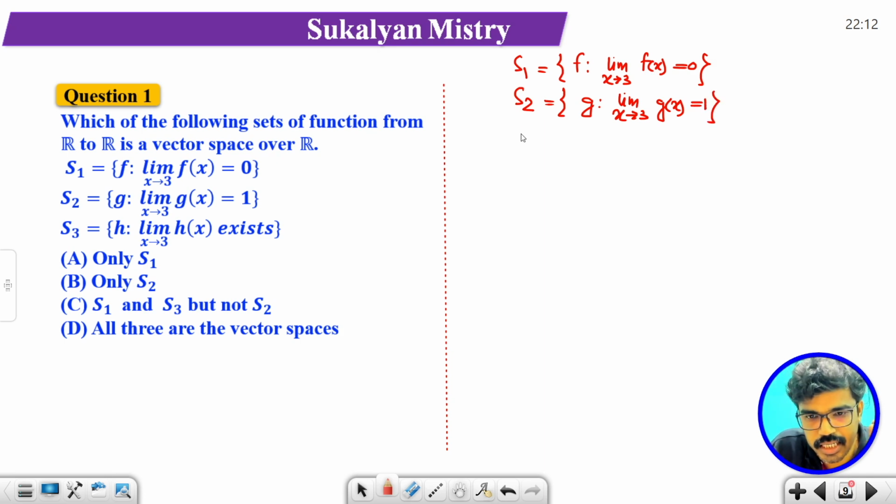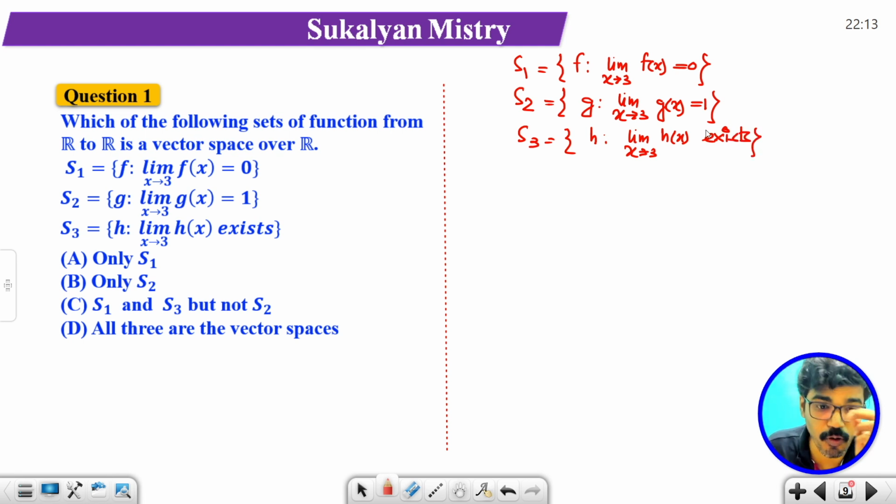And third, that is S3, that is h, such that limit x tending to 3, h(x) exists. Okay, which of the following is a vector